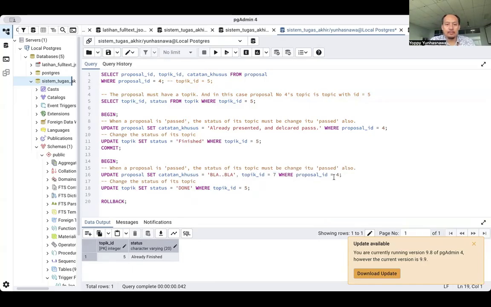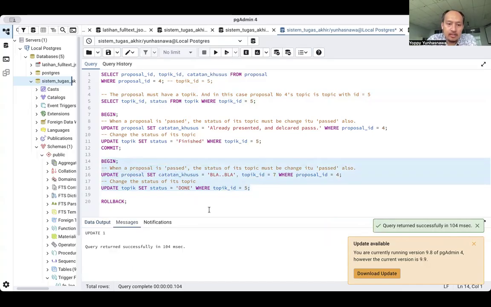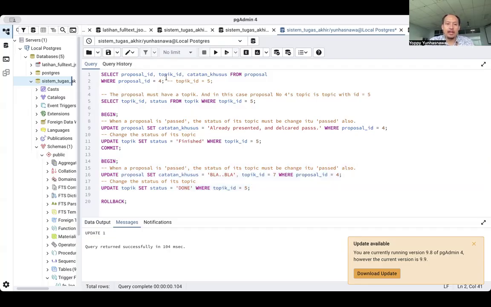If I call this transaction, this is success. So this is what I mean by MVCC, multi-version concurrency control. This transaction is still not closed, not finished. Why? Because I'm not calling any commit or rollback. But because this transaction is success, I will still be able to call this one, the select